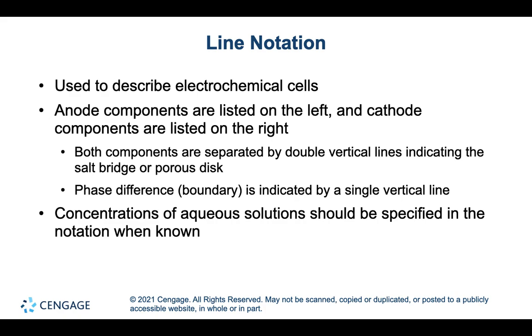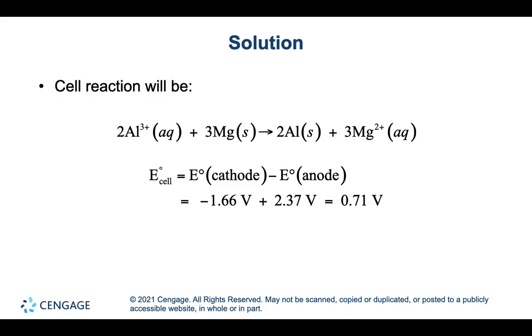I'm not doing a very good job explaining that, but if you look at, say, the aluminum side where the cathode is, you would separate the aluminum plus 3 ion from the aluminum solid with a straight vertical line. Double line for the salt bridge, single line for separating the two halves of the half reaction